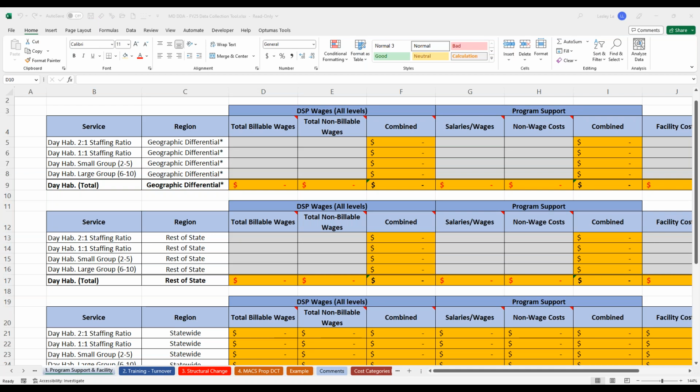Is the deadline to submit firm? Unfortunately, yes, because we are under a tight deadline for completing the rates and making sure that the budget timeline is adhered to. So unfortunately, the deadline is firm.